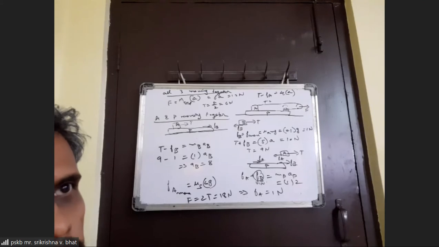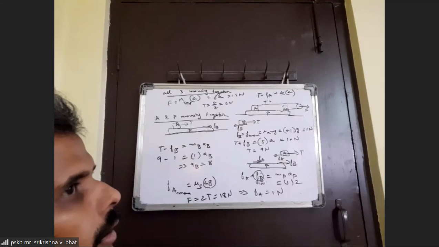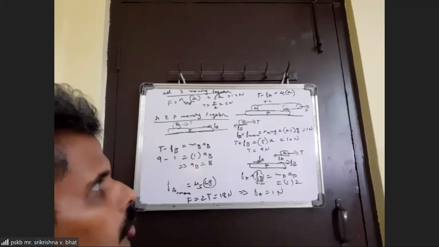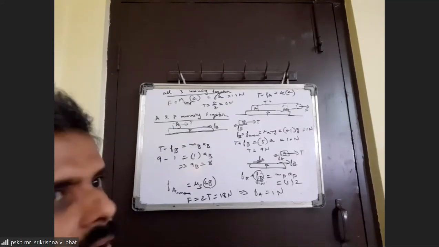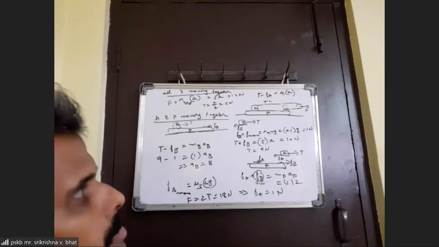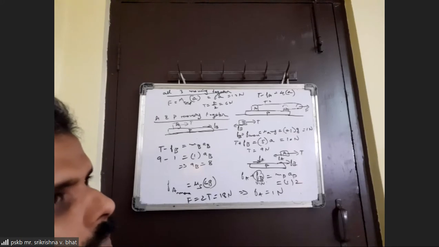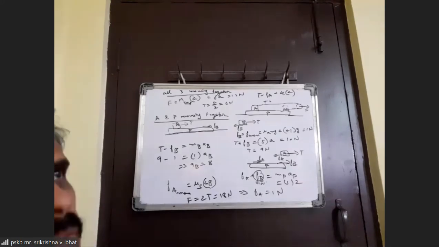Sir, it can also be possible that B is not sliding and A is sliding. Sir, it is not possible, I'm saying. Not possible. Okay, why? Sir, how is that possible? No, but how are you able to say that directly? That's what I want to know.